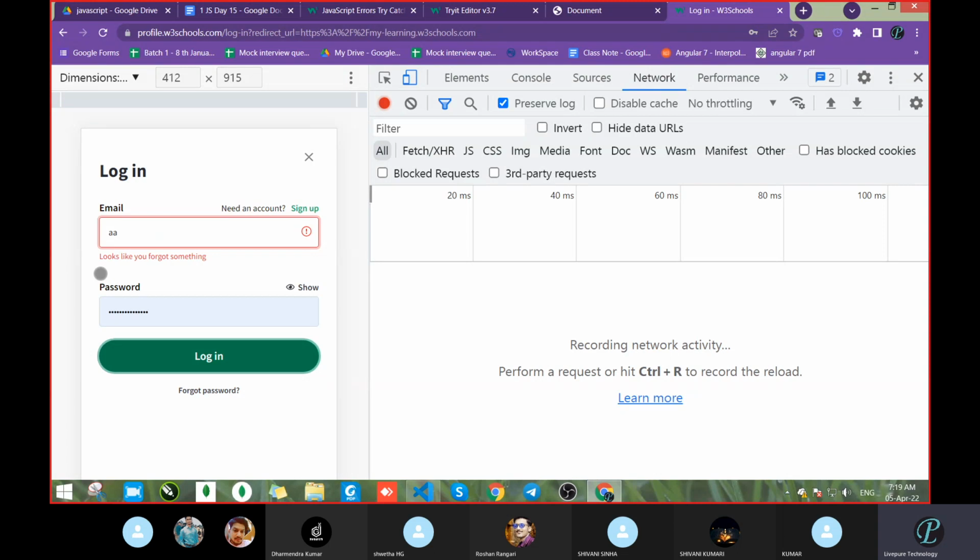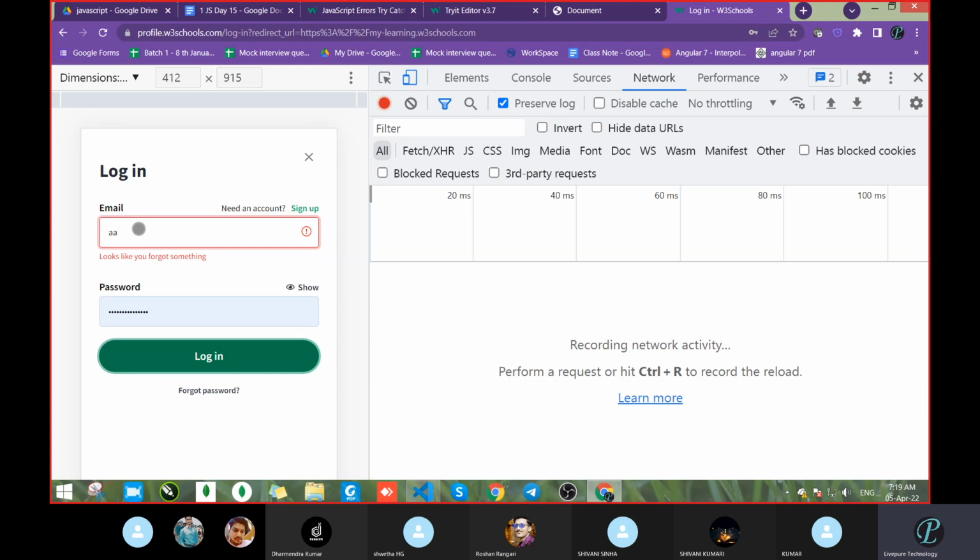This error is known as a client side error. Client side in the sense of the user end, meaning the front end. Error handling is possible on two sides, front end and back end. Front end means this one, where we are getting the error and we have to handle that. Suppose here we made a mistake. The mistake is in the email field, and we are trying to enter an email.